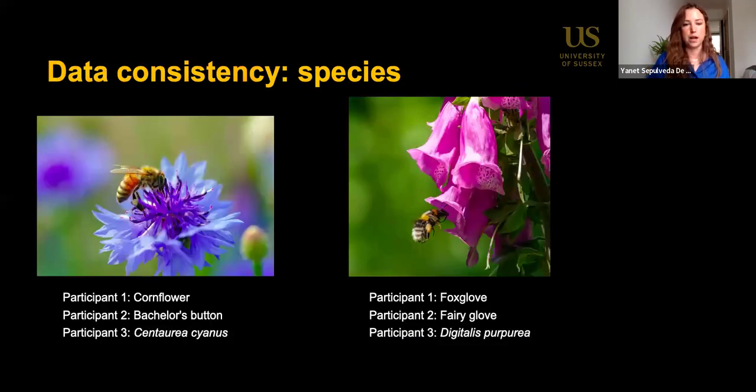And another thing that I also encountered was the name of species. So this would be data consistency. For some people or for some regions, the common names of some species are going to vary, like cornflower. Another participant would call it bachelor's button, and another participant would write the scientific or the Latin name. So this could also be time consuming to be checking this. So it would be good to have some way to standardize or to be very clear with participants on what